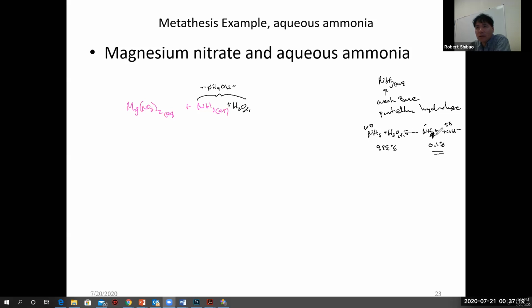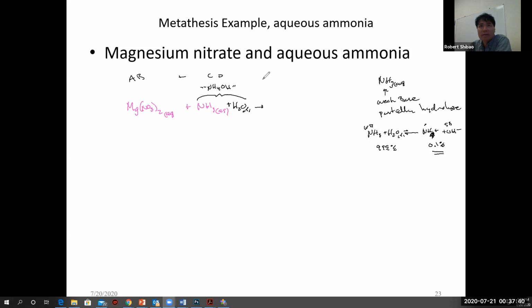The only thing is we get a tiny bit of this product forming because we can't stop the collisions. And so you can't buy a bottle of this. You have to get this and then use these. That's what we're doing. This is what we buy, and then we're going to treat it as ammonium hydroxide. Now it fits the AB plus CD pattern. So AB plus CD, we're going to switch the anions.